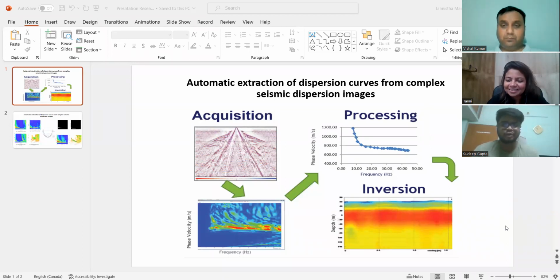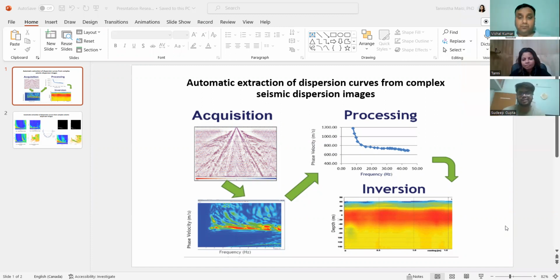So my topic broadly was to extract dispersion curves out of seismic dispersion images. I will go into what these terms mean. First of all, we need these to invert for surface wave velocity, which is basically a parameter used in site assessment. Now, why do we need site assessment? It is basically for civil engineering purposes. Let's say we are trying to make a building, and we need to test what the ground is, whether the ground is stable enough, or the soil is hard enough to construct a